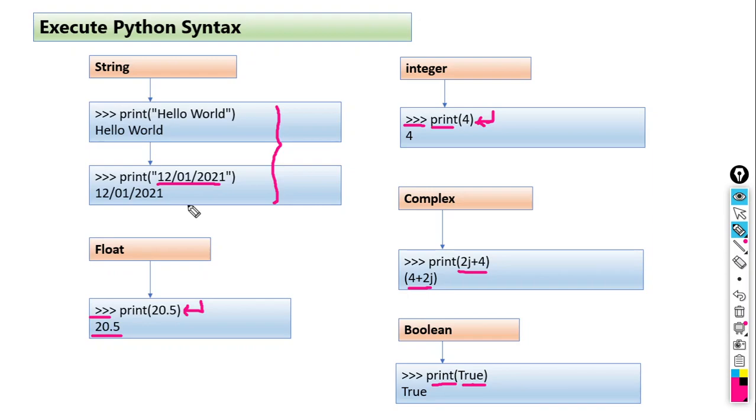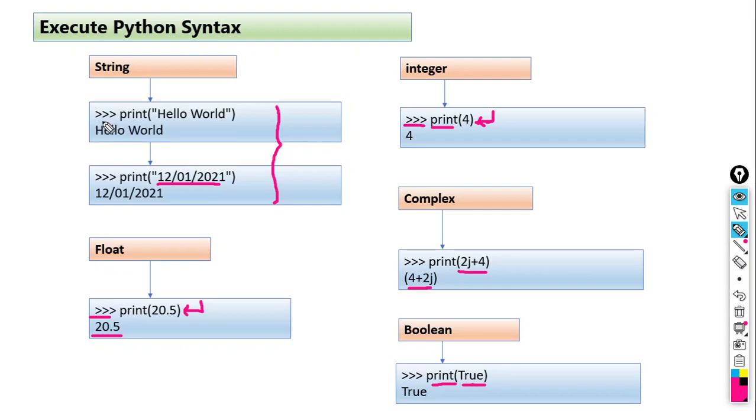Okay, so this part is important for us: string, integer and float. Later we will see complex and Boolean. So understand this one, how we can print a string value, how we can print an integer value, and how we can print a float value. The only thing is that you should write it after the Python prompt.